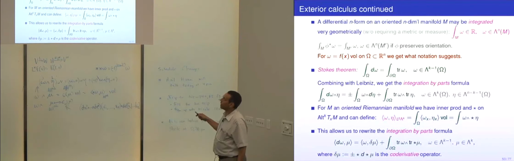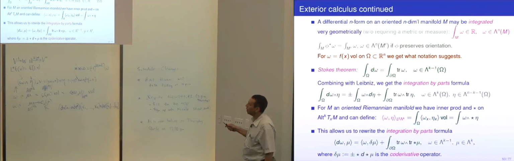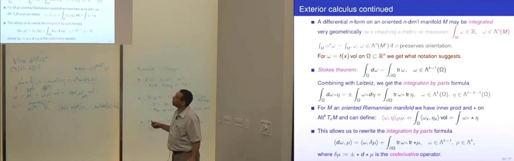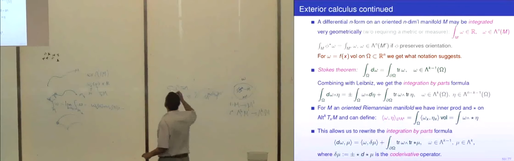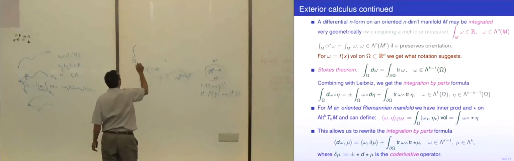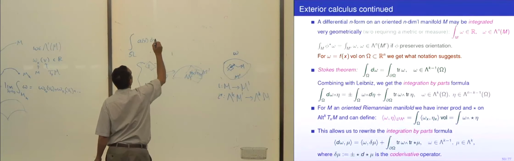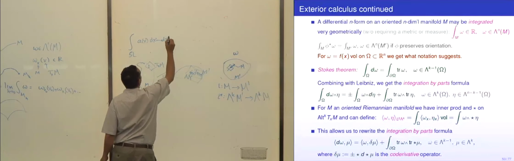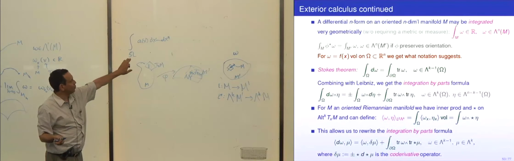The pullback preserves integration as well. Pullback preserves everything. It's really great. So the integral of the pullback is the same as the integral of the guy on the original manifold. Well, you have to worry about changing of sign. If you switch orientation, there'd be a minus sign. And if we go to Rn, then we have a little piece of Rn, then we can integrate an n form, and an n form is just a multiple a of x times dx1 through dxn. And not surprisingly, the integral of this is exactly what it looks like. It's the integral of that. So if you define this integral through measure theory, you get the same answer.